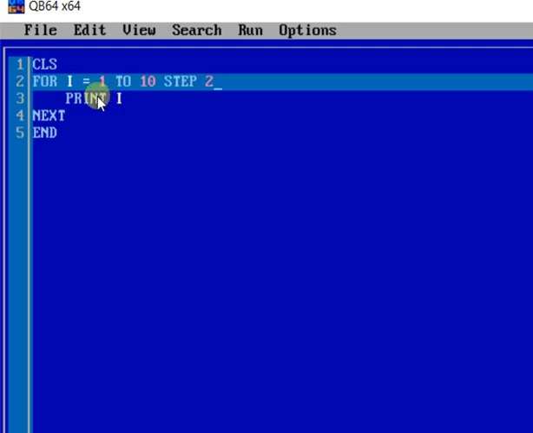Then again in the next repetition 3 will become 5 because of 3 plus 2. Like this, each time the repetition will increment the value of the variable by 2. And so if the initial value is 1, it will create a list of all odd numbers from 1 to 10.